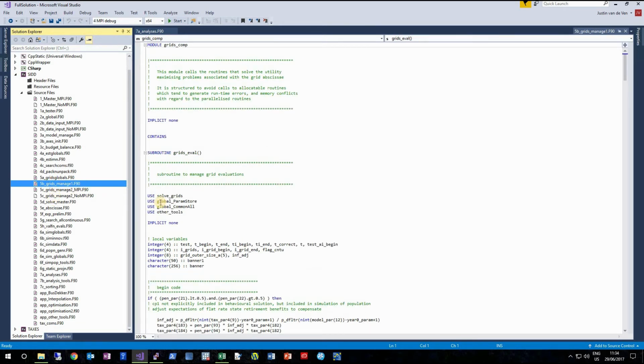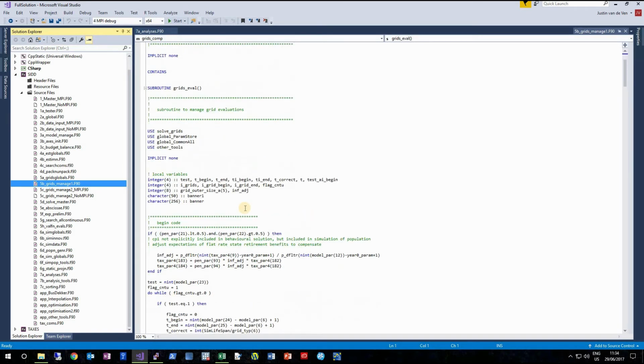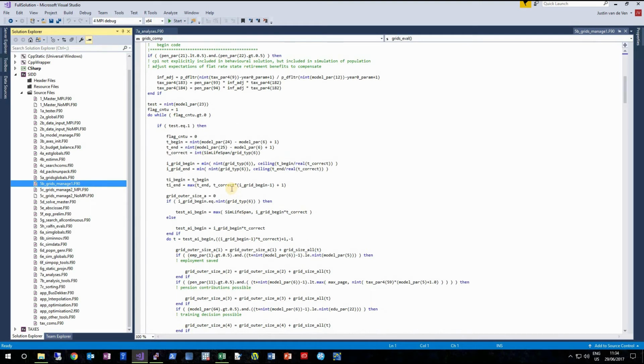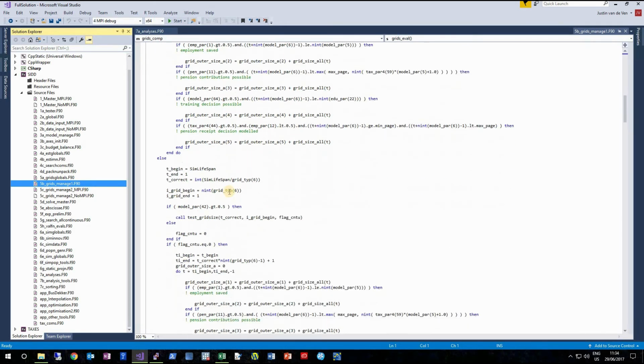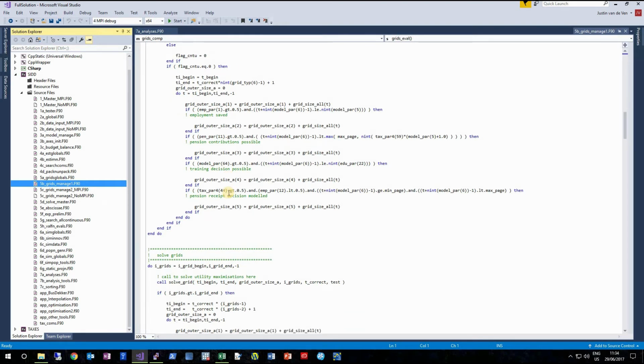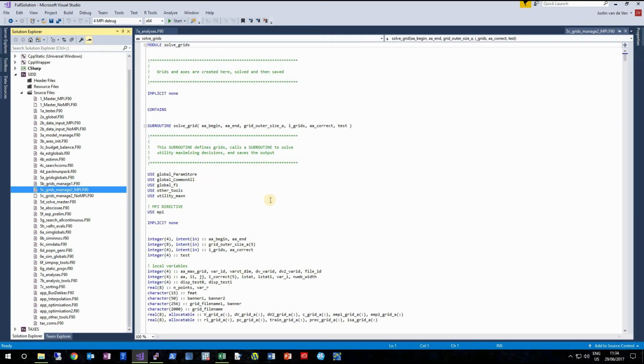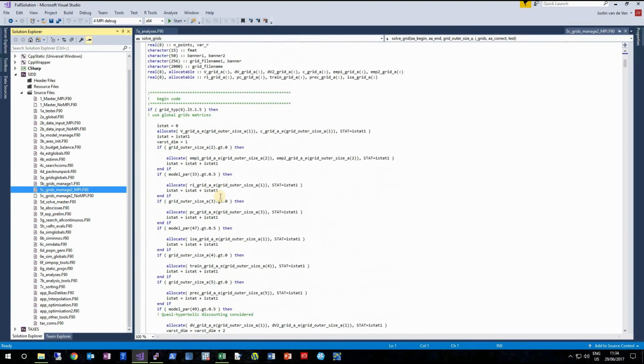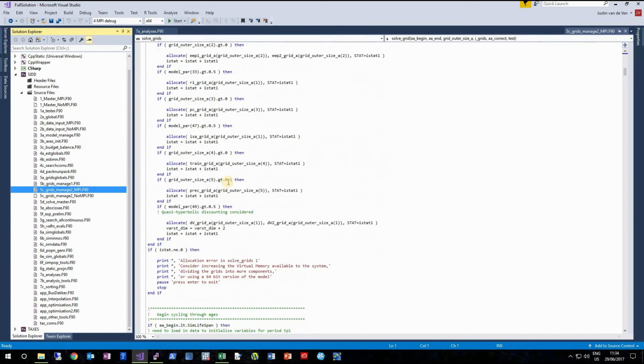You can see the comments here, but effectively it sets up the looping structures and makes sure that this model structure can reasonably be solved on the computing hardware that you have access to. And then this one actually goes ahead to try and solve a particular grid structure. And so it's really here where